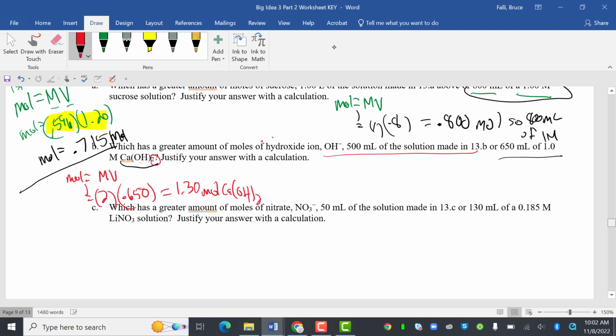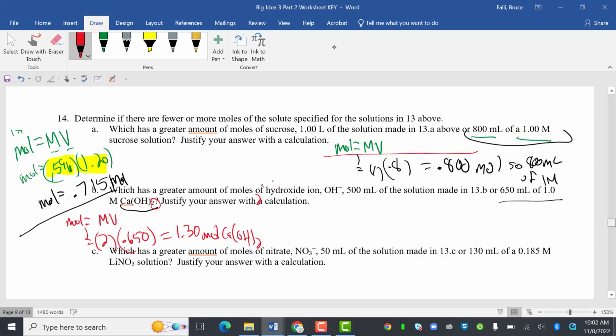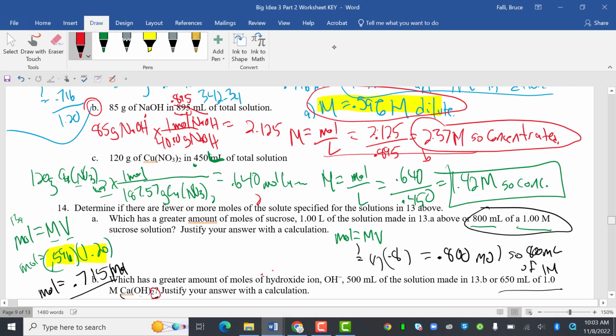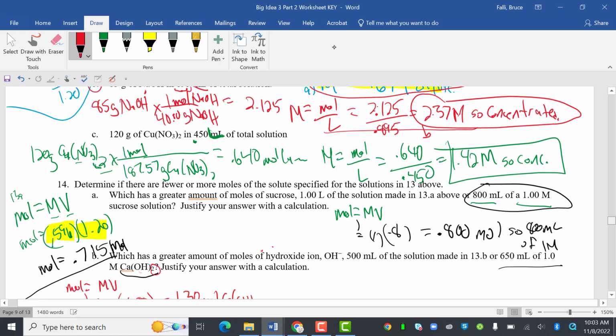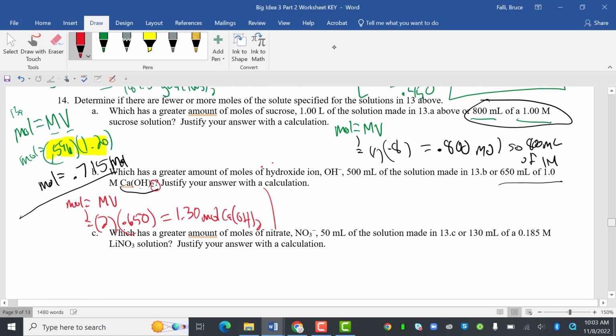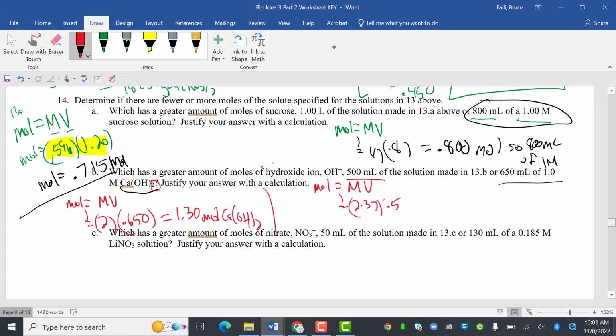500 milliliters of solution made in 13B. So 13B, the molarity was 2.37. So moles equals MV. 2.37, and the volume here is 500 milliliters or 0.5. So 2.37 times 0.5 is 1.19